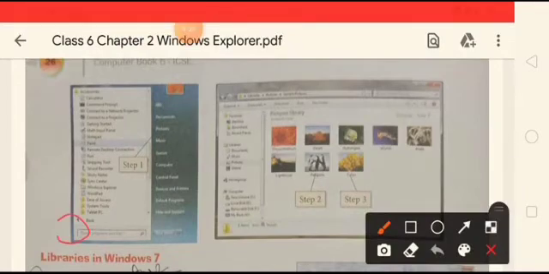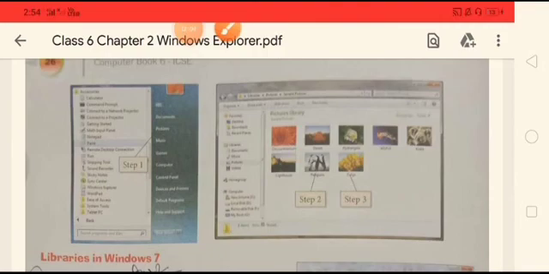First you have to go to the start menu here. As soon as you go to the start menu, on the right pane, you will see accessories and all programs type of options. On the right here you will get an option known as pictures. You have to click on that option. A dialog box appears, and here there are different thumbnails of the pictures, and you can just double click on the picture to open it, to preview it basically. And by right clicking it, you can get the various options of the functionalities that you can perform on that picture. So this is how you can explore the pictures using Windows Explorer.